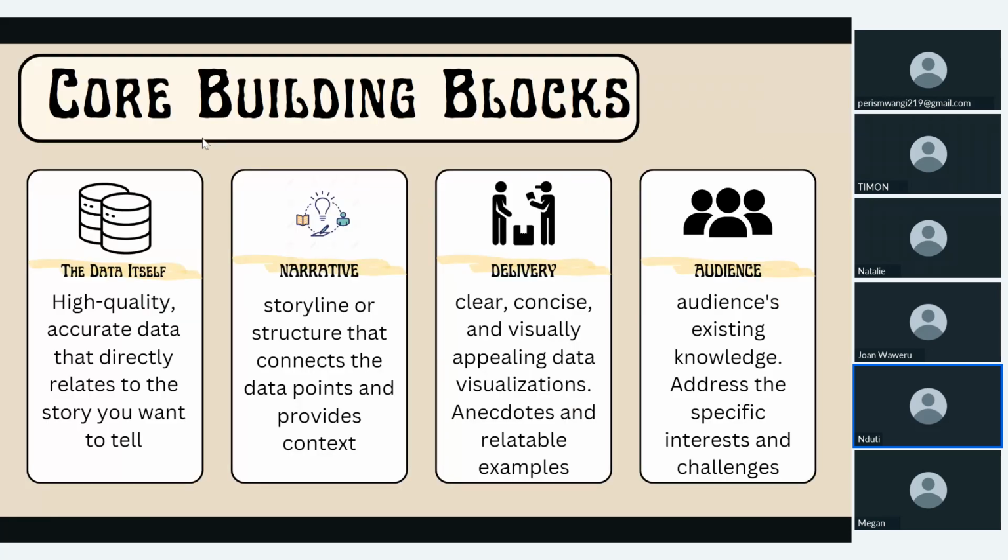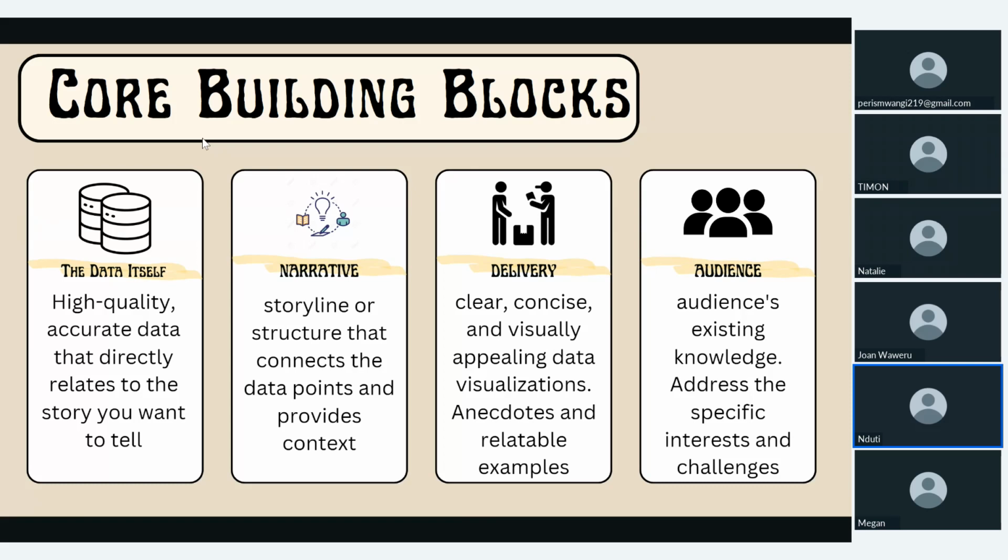Great, but as I mentioned, there are these core building blocks that will vastly improve our data storytelling skills. And there are very many variations of this. You would go online, look at other webinars, maybe read books on data storytelling, and you meet so many variations of it. But they will always revolve around these four building blocks. One being